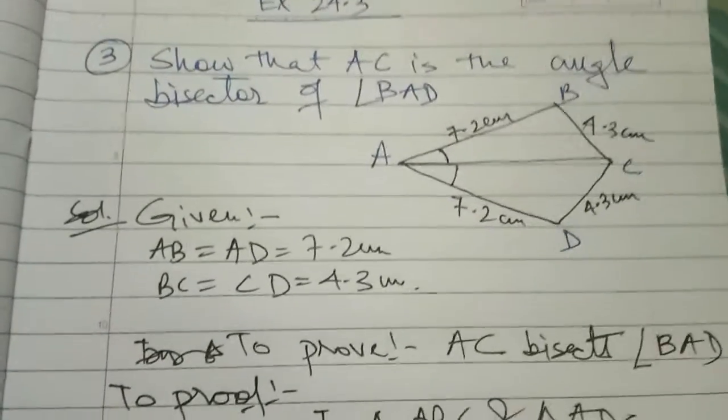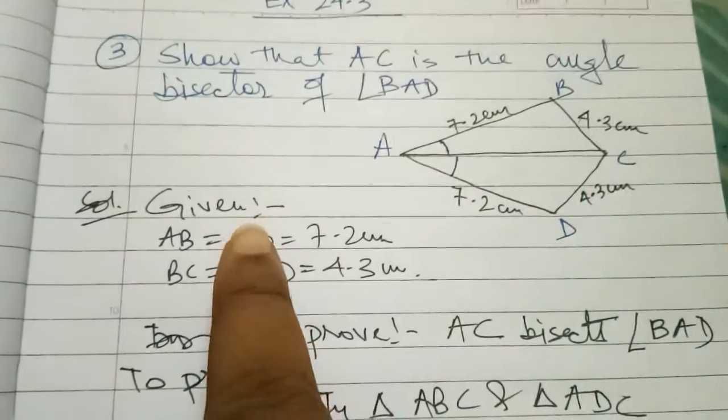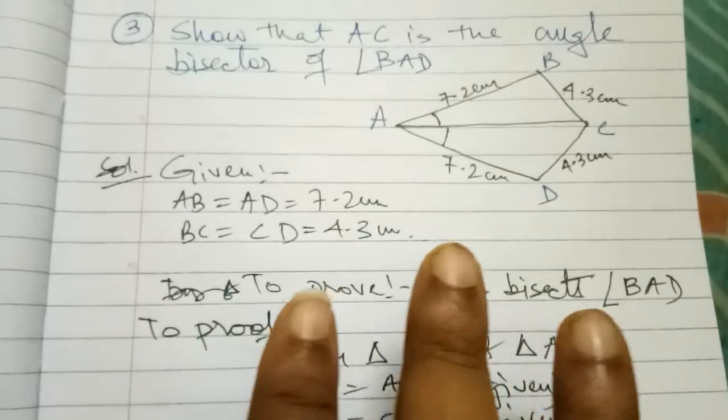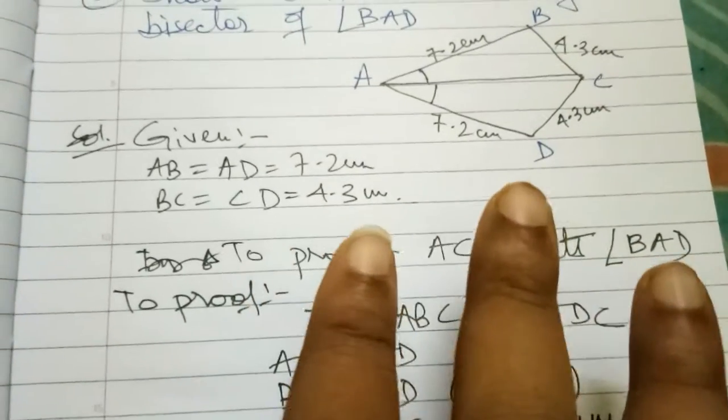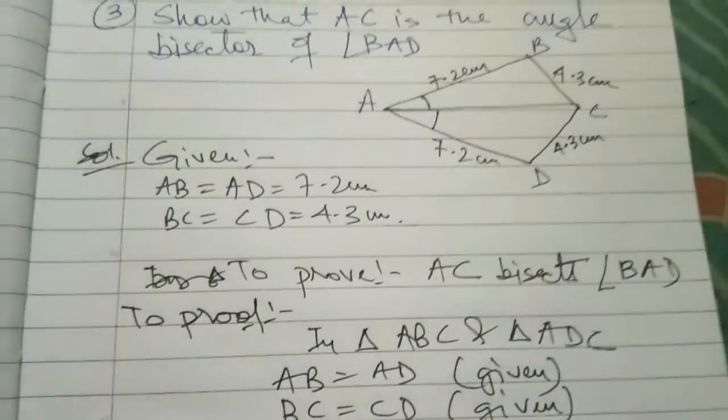Now in this part, see the systematic format I have written. See what is given in the question. I have written over here, given. This is the format you have to follow. If you are not following this format properly in the exam also, you will not get full marks. Some marks will be deducted.